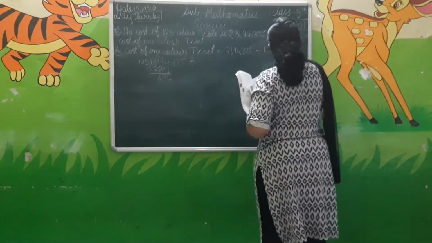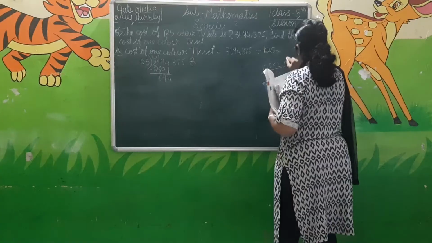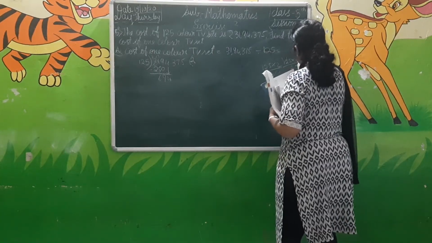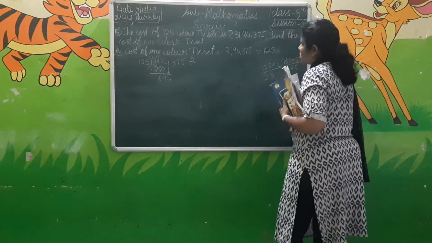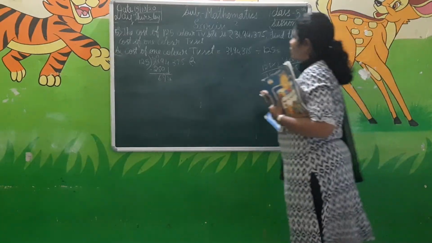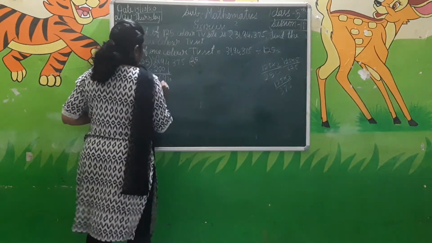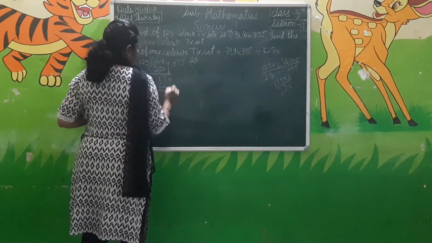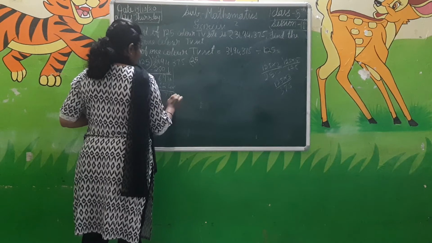Minus: 9 minus 0 is 9. 1, you can't deduct 5, so you have to borrow 1 here. It will become 11. 11 minus 5 is 6, and here it will be 2. 2 minus 2 is 0. Next take the 4 down here. So you go for the 5. 125 into 5. 5 5s are 25. 5 2s are 10. 10 plus 2 is 12. 5 1s are 5. 5 plus 1 is 6. Okay, which is nearer to 694. 125 into 5 is 624. Subtract: 4 minus 4 is 0. 9 minus 2 is 7. Next take the 3 down here. It has become 300.